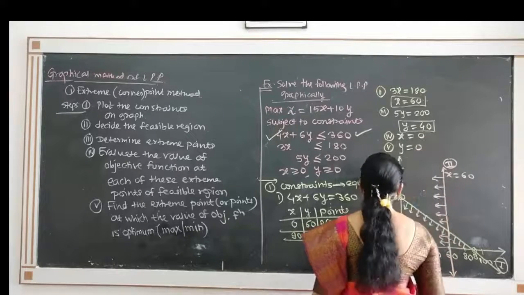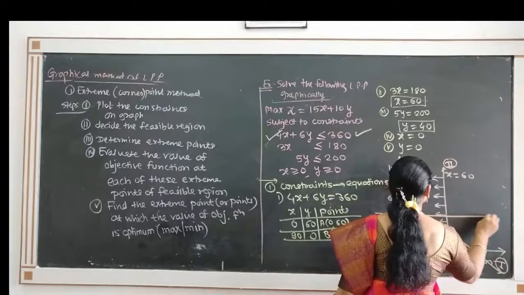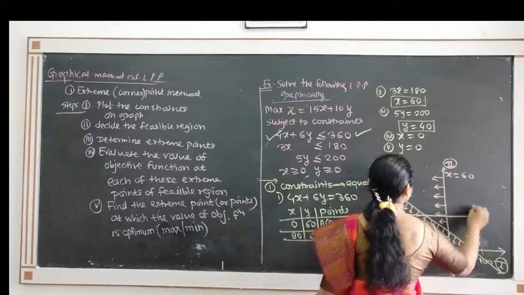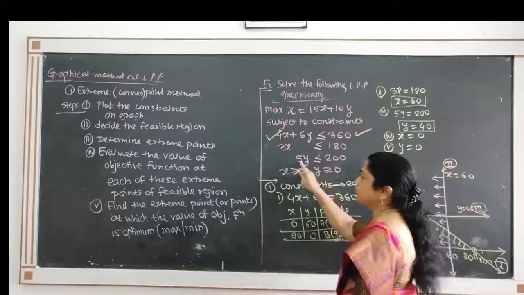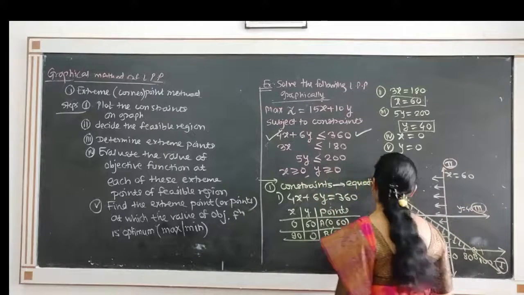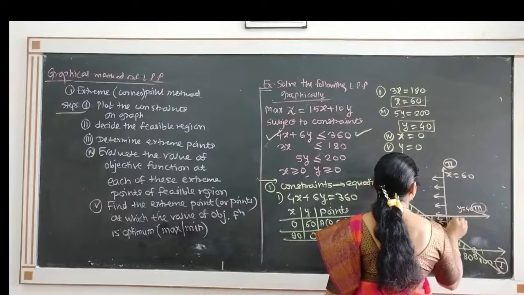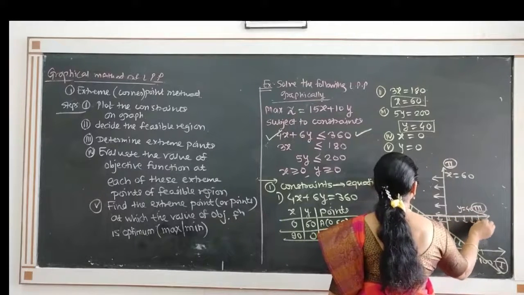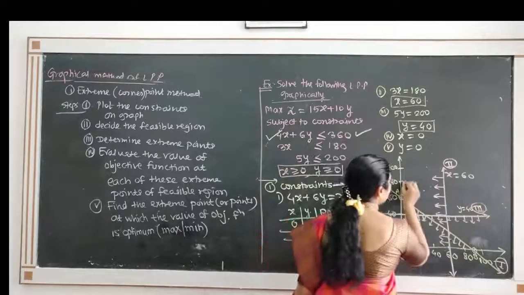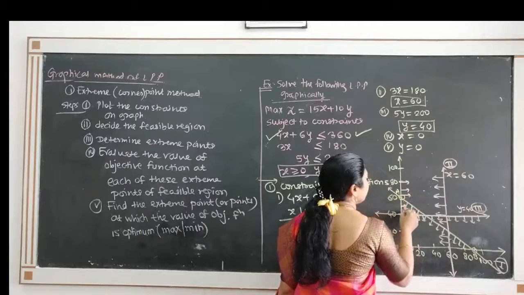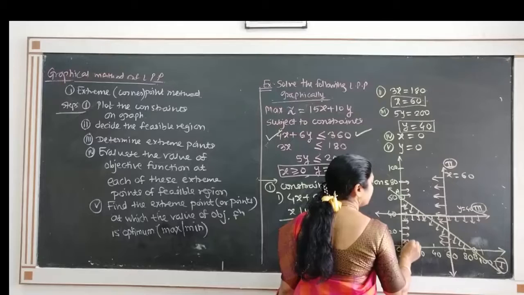The next one is y equal to 40, a line parallel to x-axis but passing through 40, and therefore this is the third line, y equal to 40. If you put 0, 0 it is less than 200, therefore we want origin side region. The next two are non-negativity constraints, x greater than or equal to 0, that is this side, and y greater than or equal to 0.